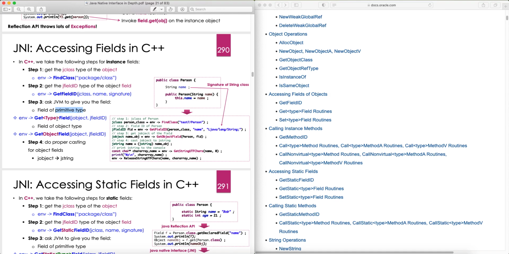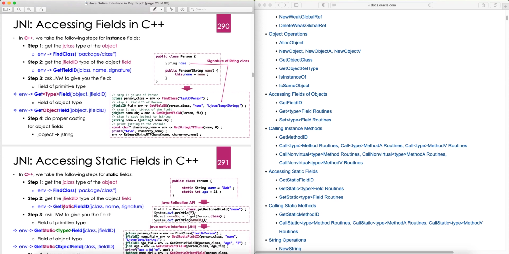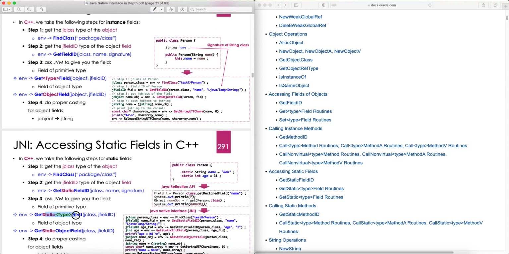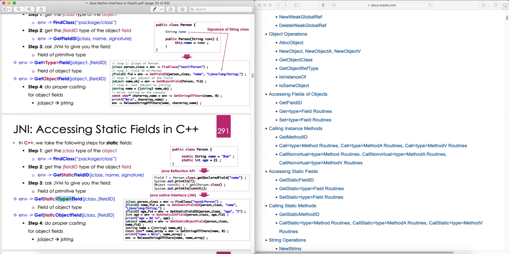And then for primitive types, we use Get<Type>Field. And for fields that are objects, Java objects, for example a string, we use GetObjectField, right? And if it's a static, we use GetStaticFieldID, because we know that the static fields are stored at different places inside the Java memory model, right? Their actual static fields are also stored in the metaspace, not in the actual class, right? So GetStaticFieldID, and then GetStatic<Type>Field for primitives, GetStaticObjectField for static fields that are